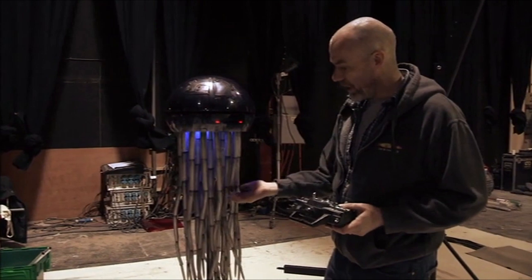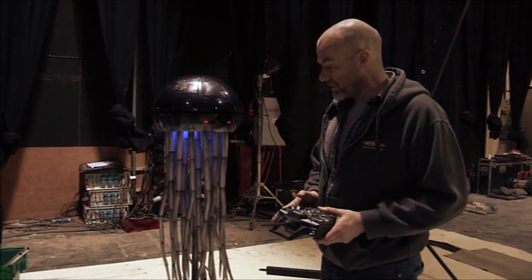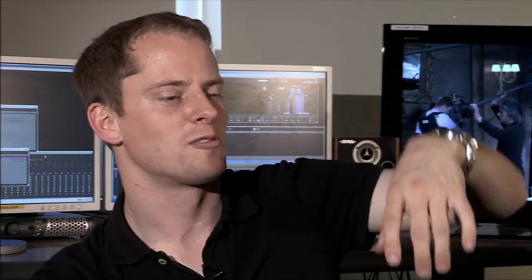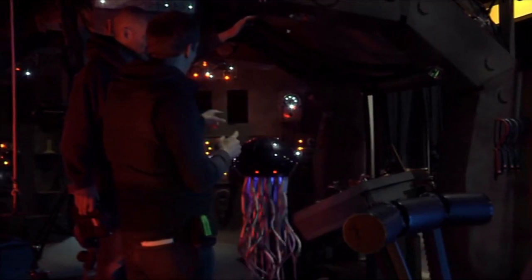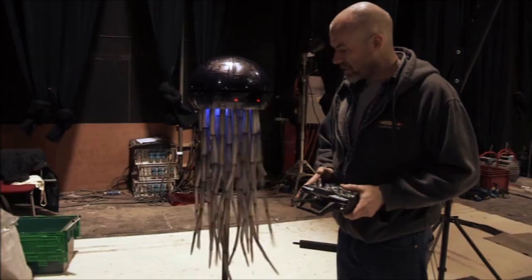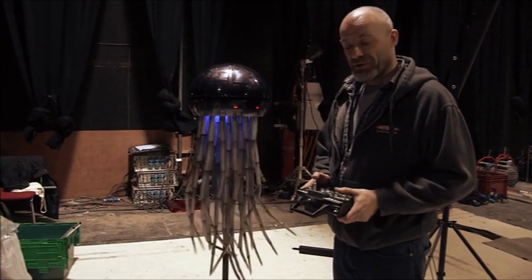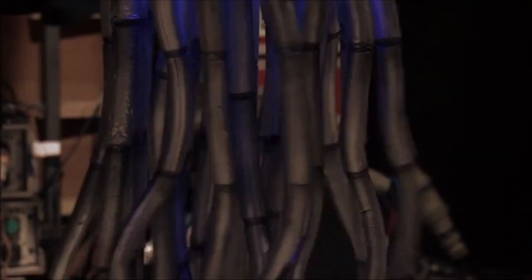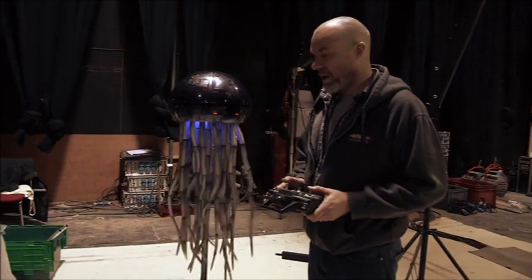We've got these nice blue lights below, and then we've also got the tentacles. Their tentacles would thrash when you press the right button on the remote control. Oh, the blue lights. Okay, it looks like in The Fast and the Furious, it's got the neons underneath. You go different speeds. So you can get angry. So just be hovering